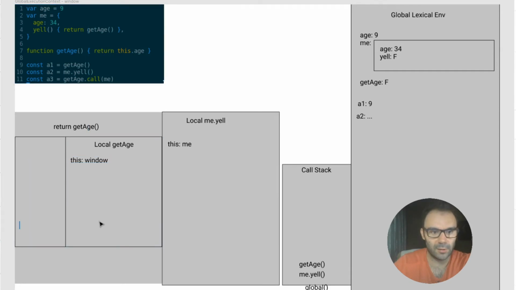And then again we have return this.age. This is again very trivial now because we know this is window. Okay, so in the local of getAge we don't have a window. Then we look at the local yell. There is no window, but there is a window here. So in the global lexical environment, window.age is 9. So we can just